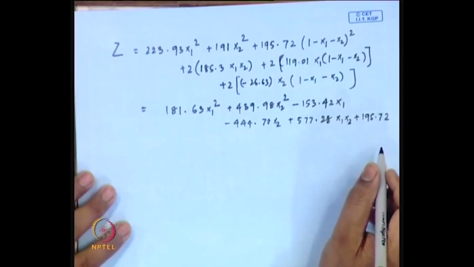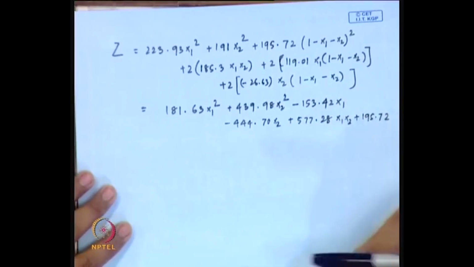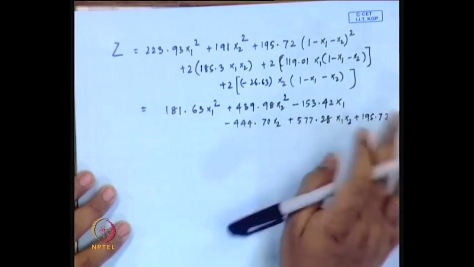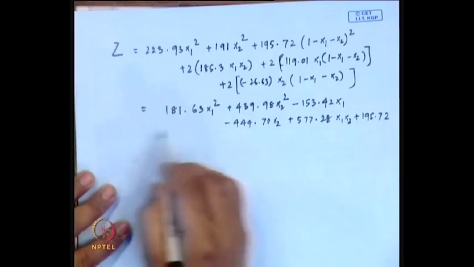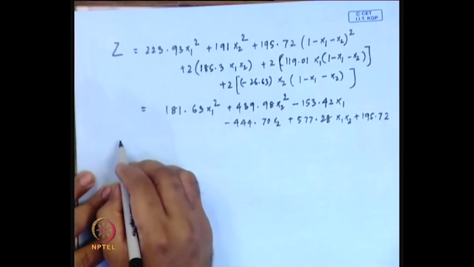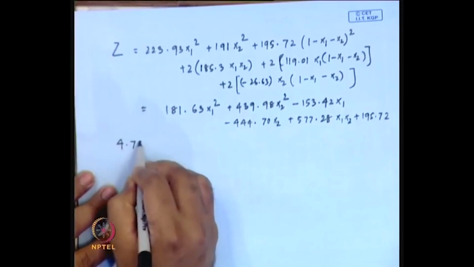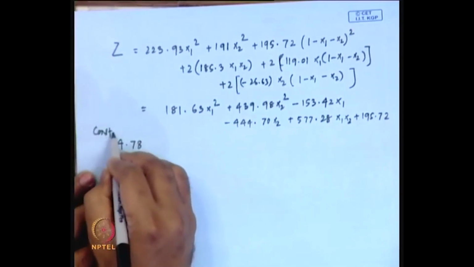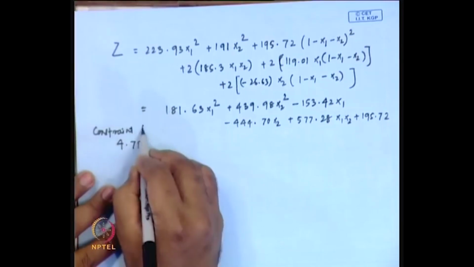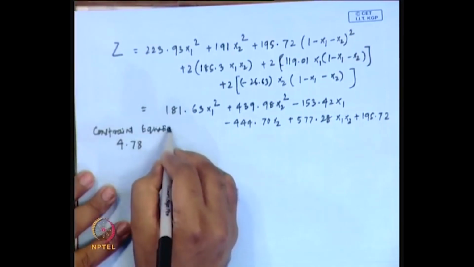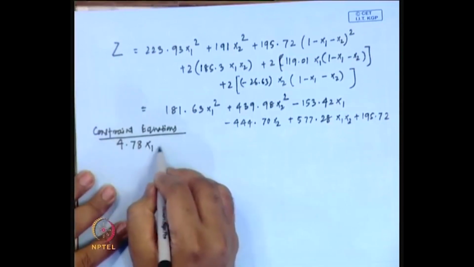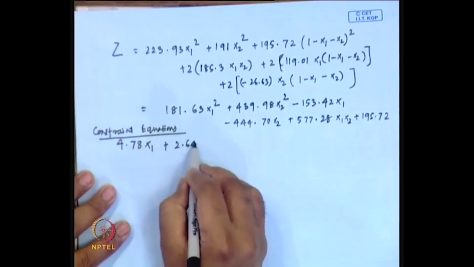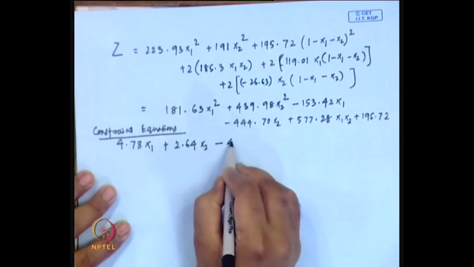Then this constant equation, if you want to also delete this x3 term from there, then you have to convert everything again in terms of x1 and x2. Then how can this be converted? Here we have the equation, this is your constant equation, 4.78 x1 plus 2.64 x2 minus